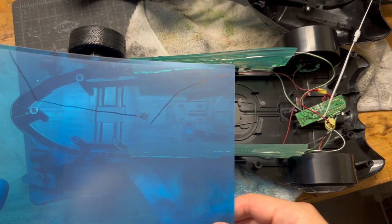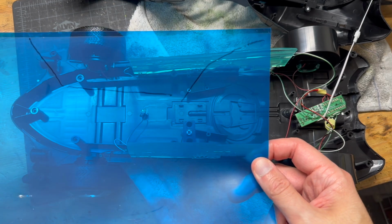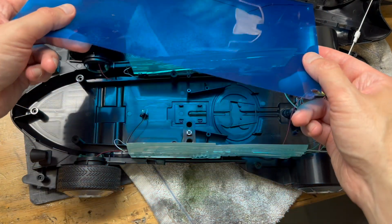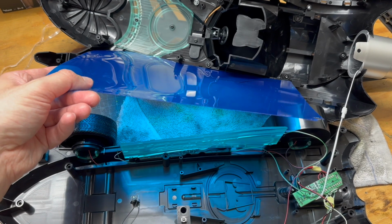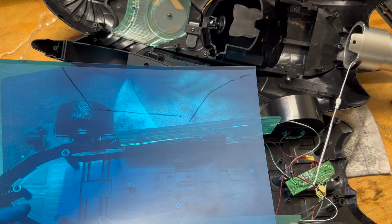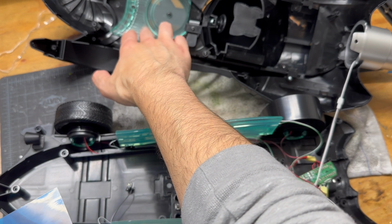Okay, so what I've done here is just taken a Sharpie, and these have a film on them to keep it from getting scratched up. So you peel the film off once you cut it. But basically I just stuck it in like that and traced with a Sharpie along where it's actually gonna run on the inside of that grill. And then I'm going to cut this out, and then I'm going to use that as a template to cut a second one. Now while I'm at it, I'm going to go ahead and do this top piece here too,